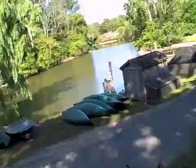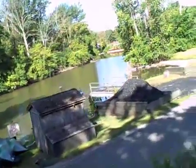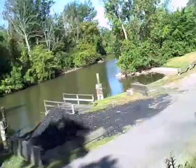Part of a series of catch basins for excess storm runoff and flood control in